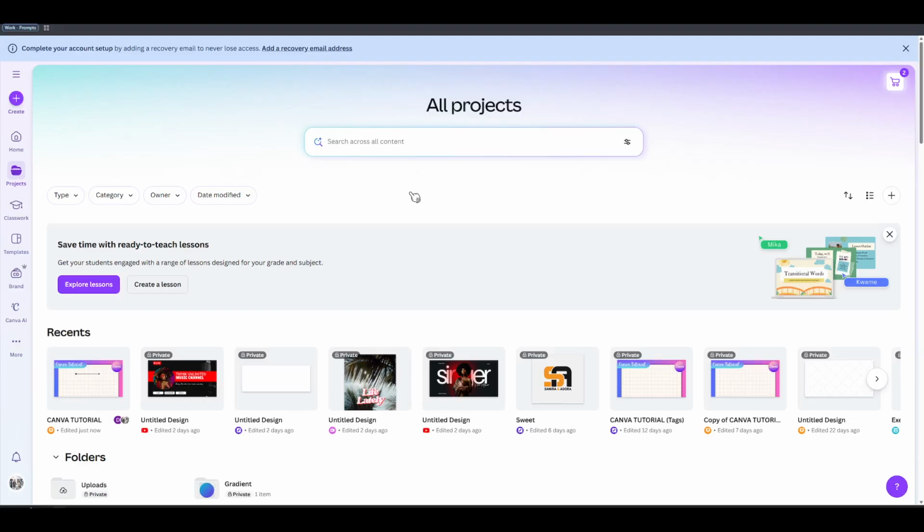Next, click the Create button at the top. Depending on your interface, this may read Create a Design, and it usually sits in the upper right corner. Clicking this opens a menu that helps you pick the exact size and format you want, which is important for